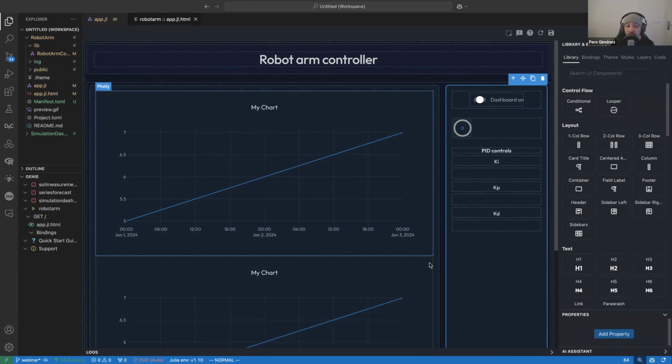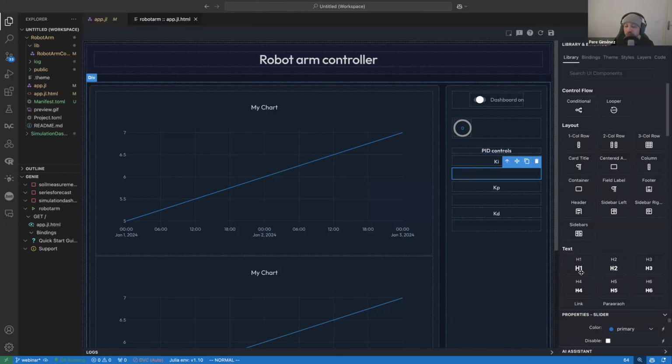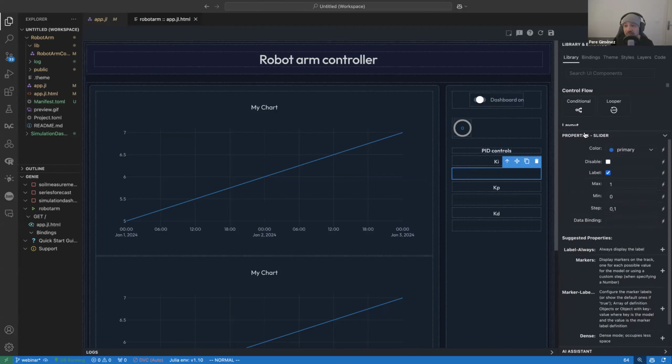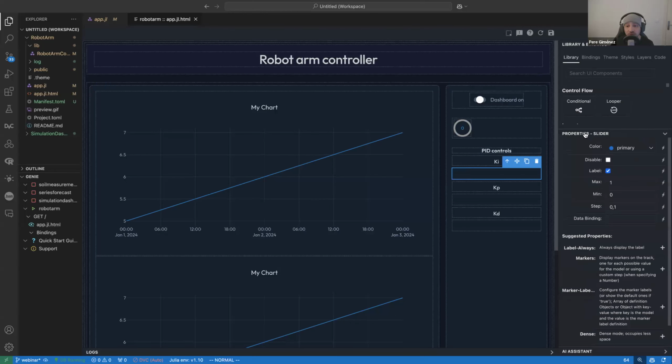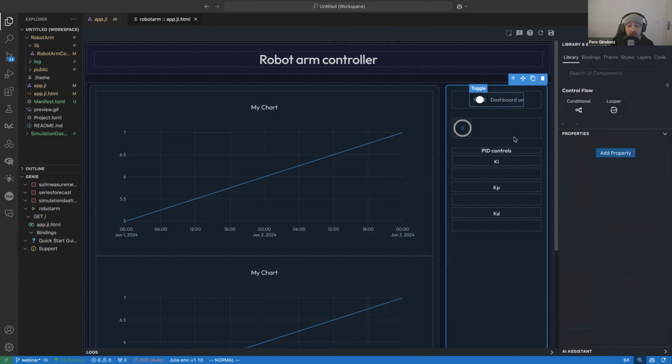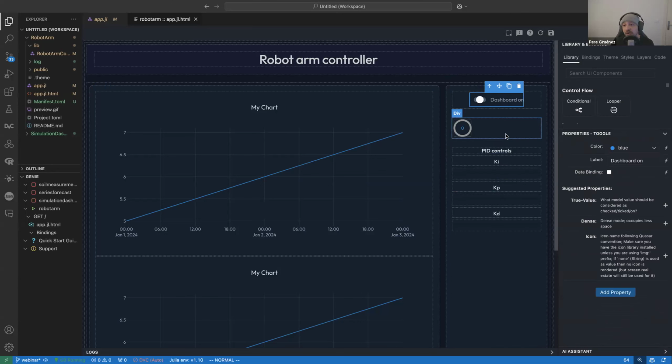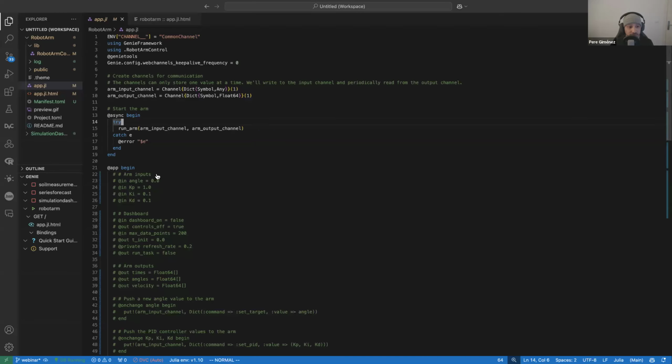And so the next step would be to enable this dashboard, to configure each component so that it holds data also and that it responds to user interaction. In order to do that, for each one of the interactive elements, we need to declare a series of reactive variables in the Julia backend. That is, these would be the state variables that will hold the state of the component. Okay, so in order to do this, we go back to the